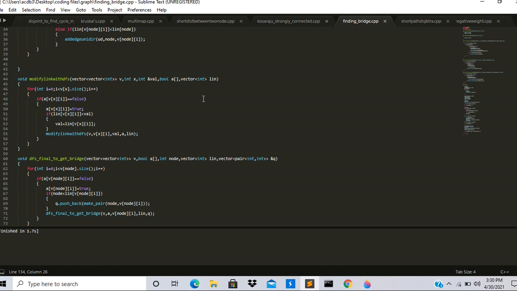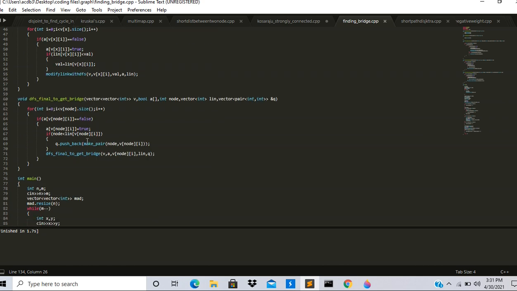We pass the current low link value of that node, and we try to get a better value. If the current value is greater than the low link value that we have found of a child that it can reach, we assign that value to the current val.